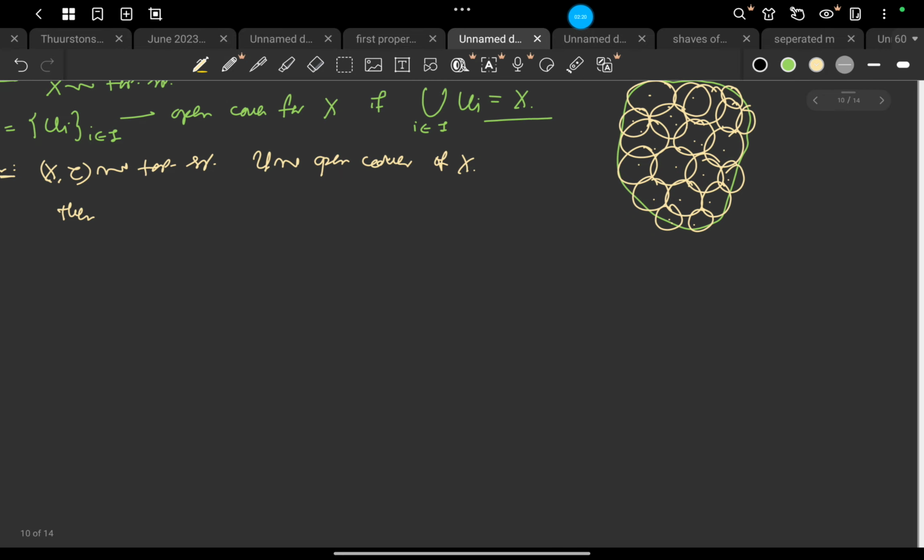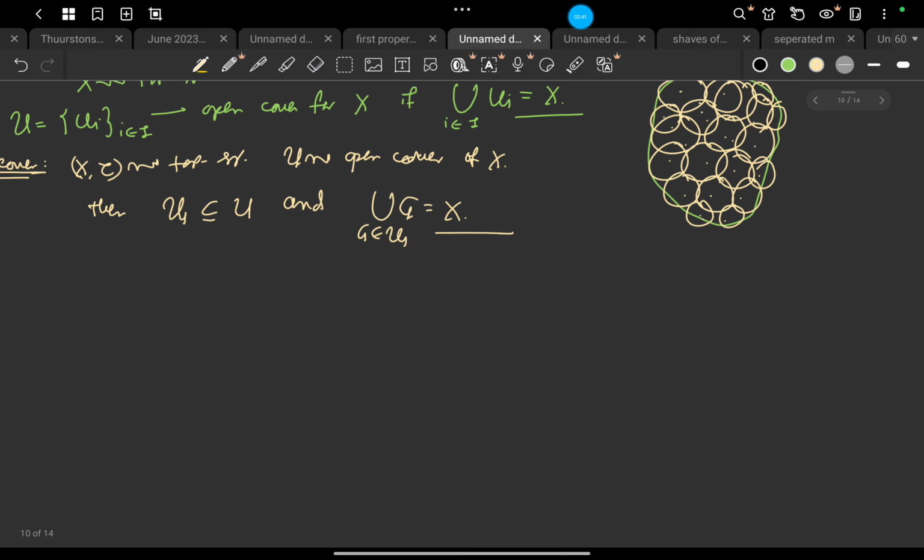Subcover means certain U1 is a subset of U, and the union of all open sets G belonging to U1 is itself X. So that means once you have certain open sets, you need not take all the open sets from this open cover U.